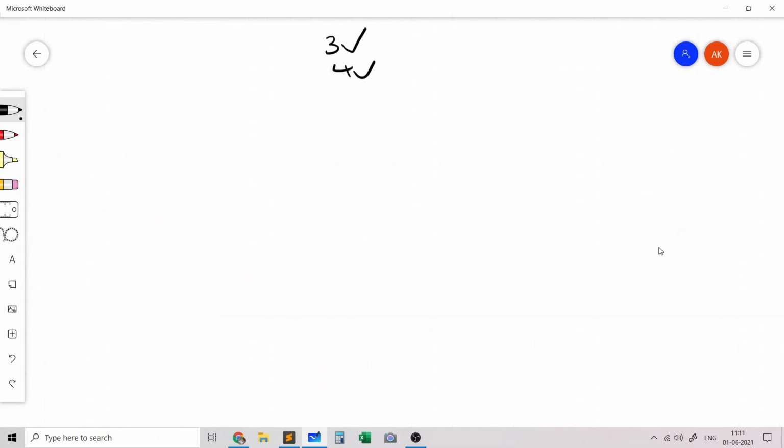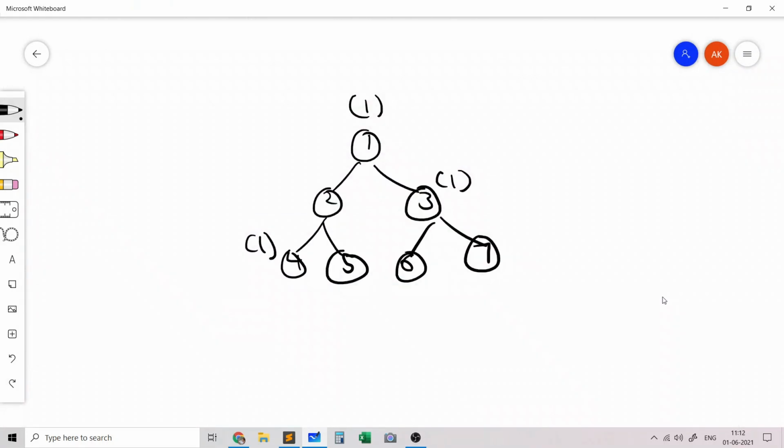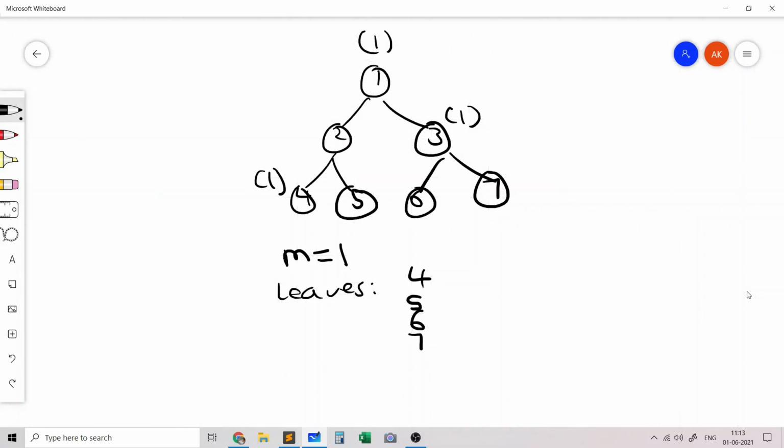In the second sample test case, there are 7 nodes and 6 edges connecting them, and there are 3 vertices with cats, which are nodes 1, 3, and 4, and m is 1 again, which basically means that on the path from 1 to a leaf, we can have at most one consecutive vertex with a cat. So let's consider all the leaves. The leaves are 4, 5, 6, and 7. Let's see for each leaf whether we can reach that leaf or not.